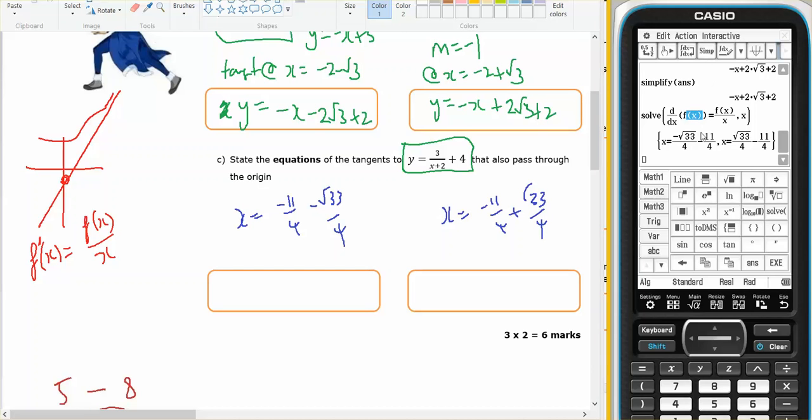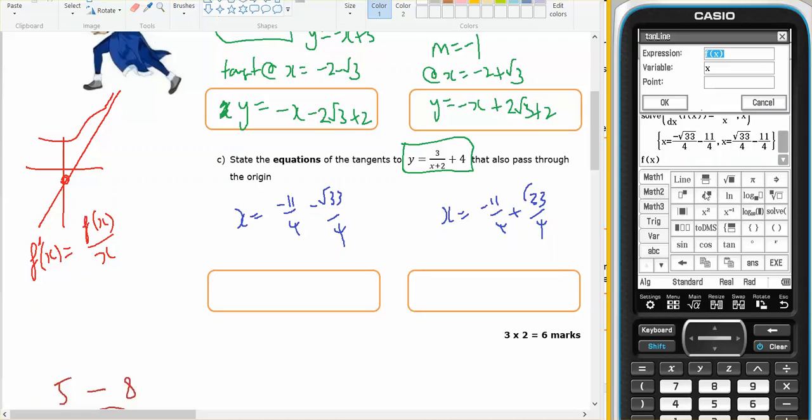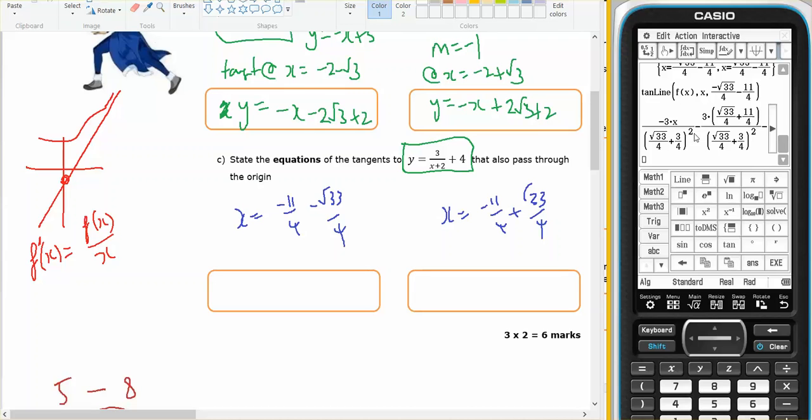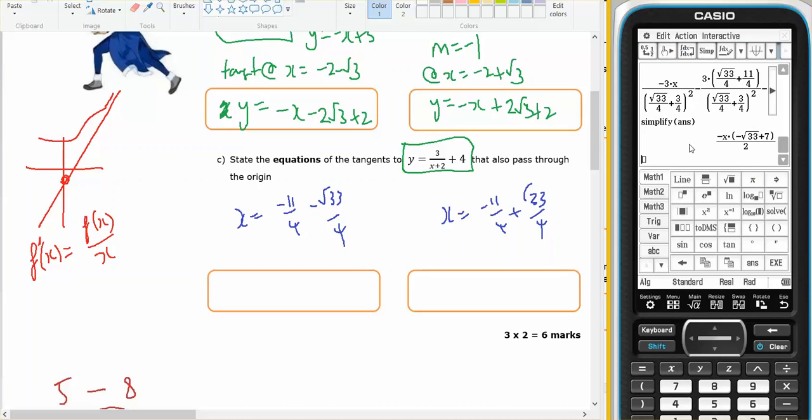So if I take f of, I'll copy this first, copy, take my f of x, put that into a new line, select it, interactive, calculation, line, tan line, at x equals, paste that in, answer, simplify. There we go. So I'm literally going to write that as it is. y equals negative x all on 2 of negative root 33 plus 7